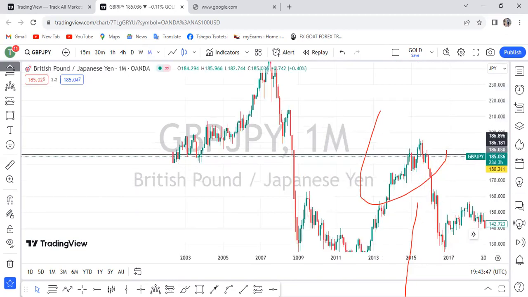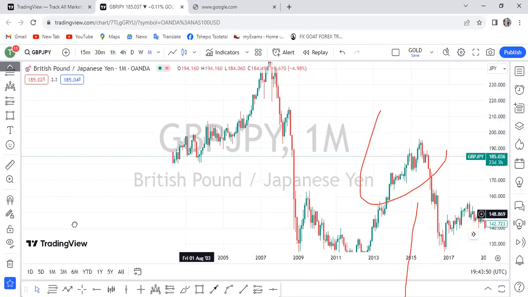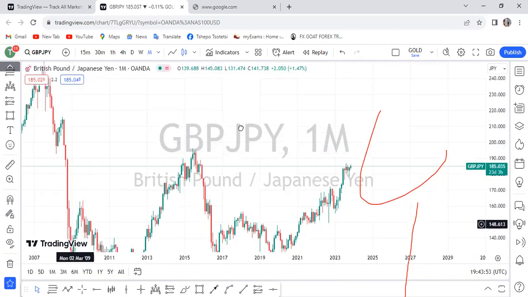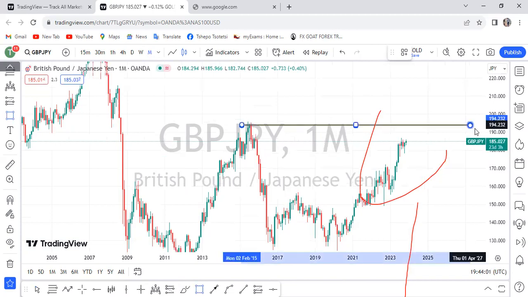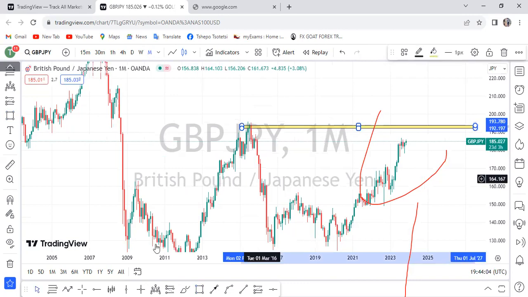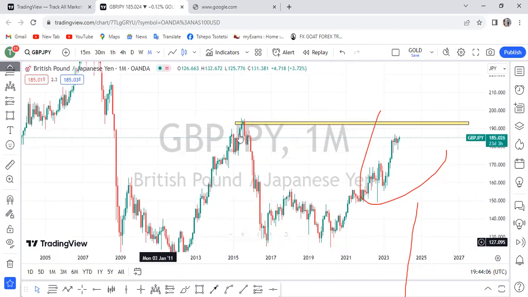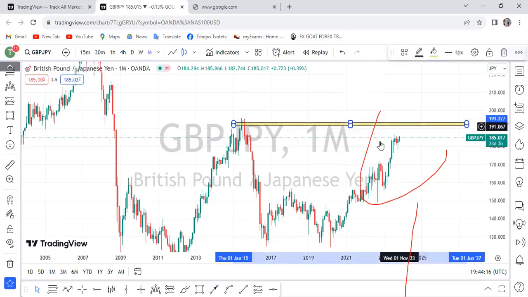Let me move everything. So with GJ, guys, we can see where this level once tested this level. When was it? Around 2015. So at 2015, it made this high. So far we can see it's pushing to come to this high again. It's pushing to come back to this level. So from this level, we'll see if it